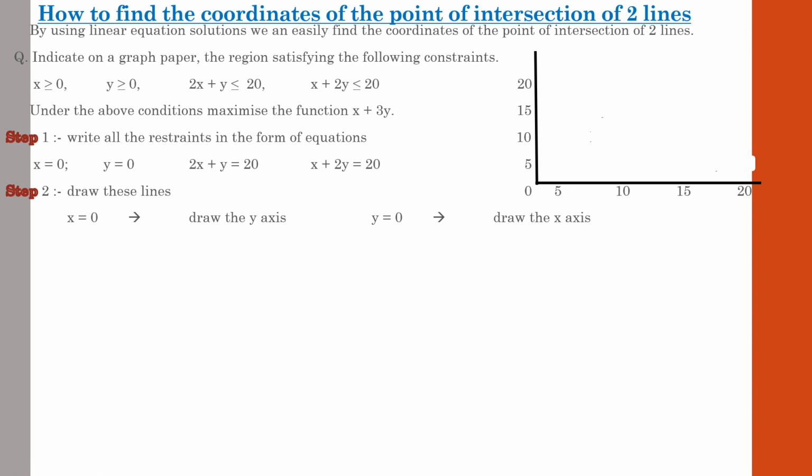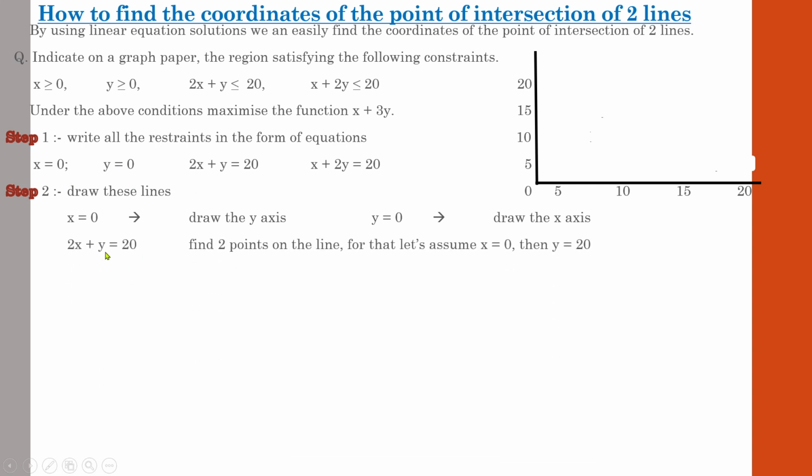So whenever you are drawing a graph and pointing out the numbers in the graph, you have to be very logical, meaning which one will show a decent, good image. It should not be very big and it should not be very small. That is a concept. So right now I am using the classification 0, 5, 10, 15 and 20. First, I have pointed out x and y. Next one, 2x plus y equal to 20.